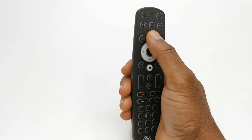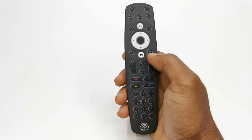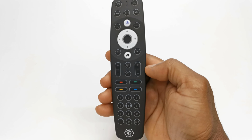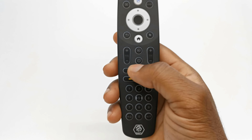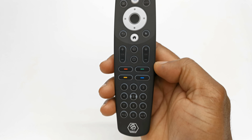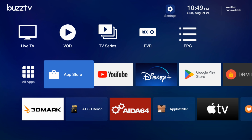It has a designated button to start the live TV service. It has a last channel button, which I like very much, so that you can return to the last channel you were watching. And it has colored keys that you can customize from within the settings of the dongle. So that's its primary feature of being a live TV service hub, but it's also a full-fledged high-performance Android TV